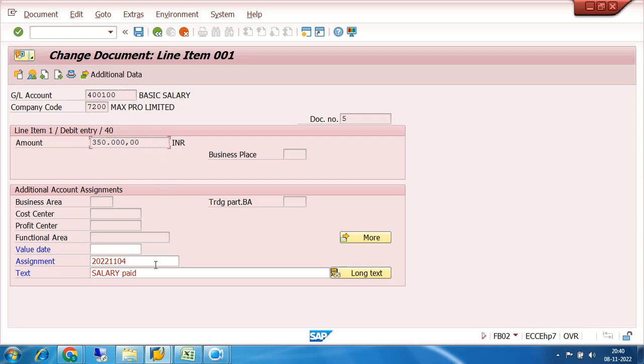So what are the things changeable? Only 3 things can be changed later on once you save your document. So what are the 3 things? Value date, assignment and text. What is the meaning of value date? What is the meaning of assignment? What is the meaning of text? Let us understand. See, value date means the date